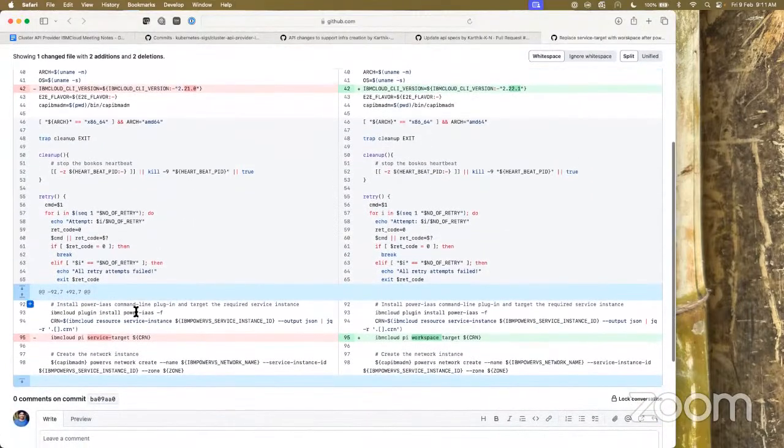We can do that, Manju. Right now it's 1.0.0, so we can just tag it to this version. Because here we're installing the PowerVS plugin, so I think it installs the latest version available. Then I'll check if we can tag it to some version or whether it installs automatically.